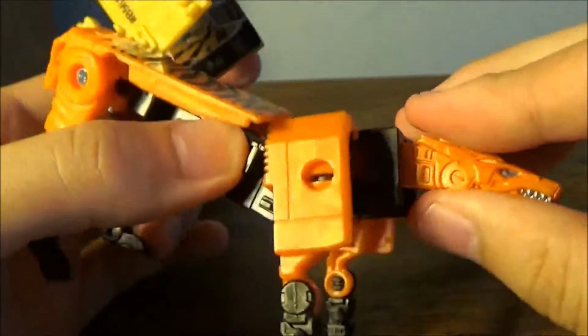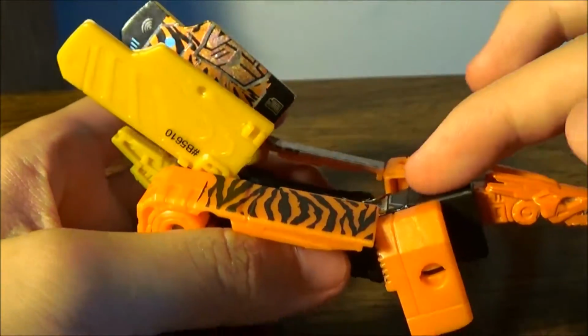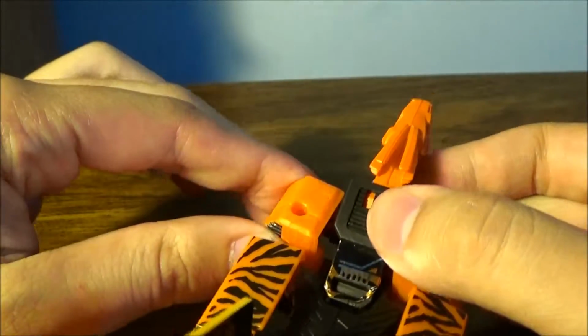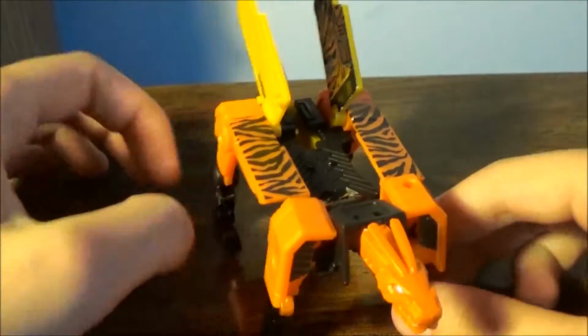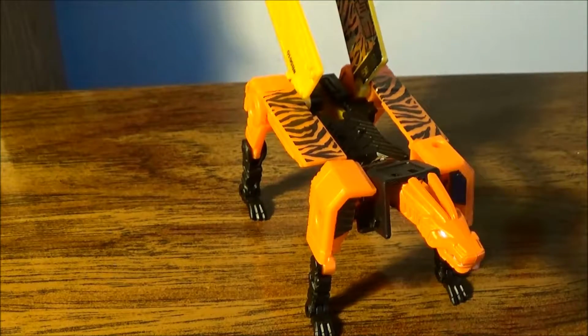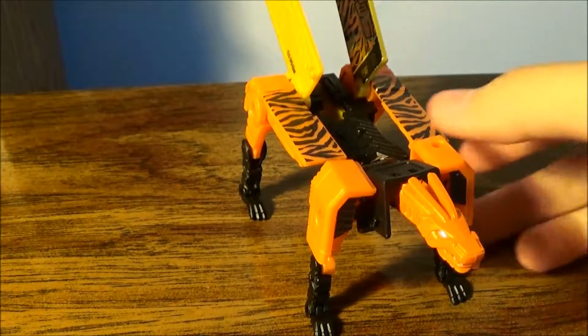Now for the proper configuration, you have the angles up, kind of like to show his shoulder blades, and you fold his leg joints now for Stripes. Now here you have Autobot Stripes in his beast mode, well, his robot mode. So setting this guy off to the side. Let's get to